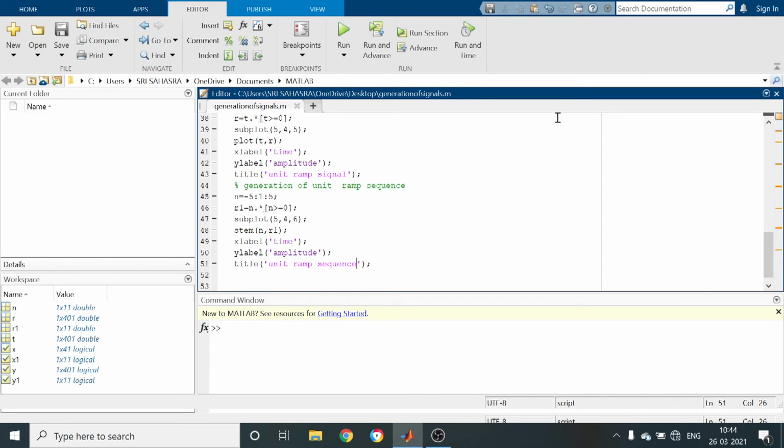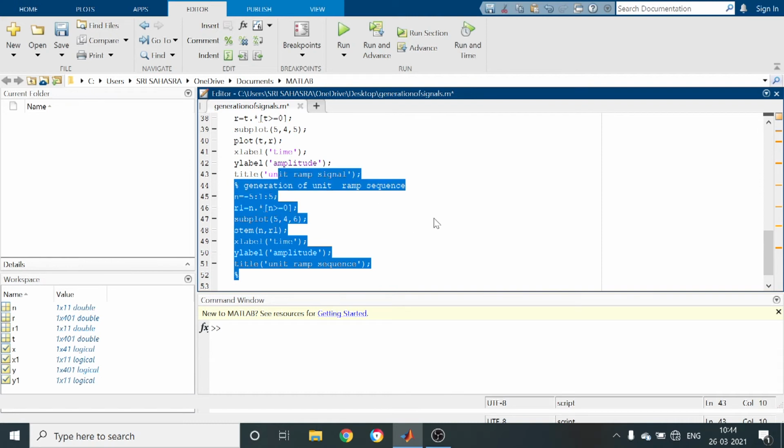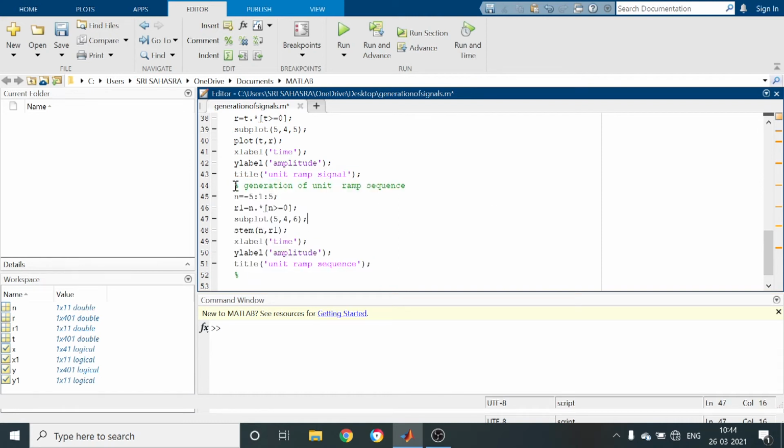Next, by the syllabus, the next signal is generation of square signal. I am just copying this sentence.